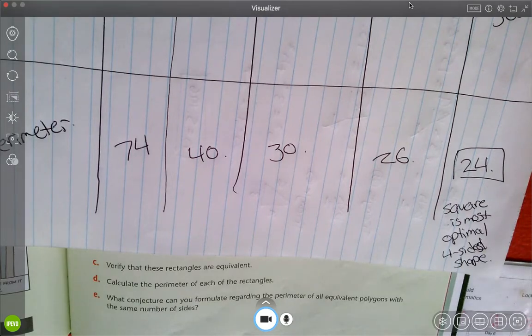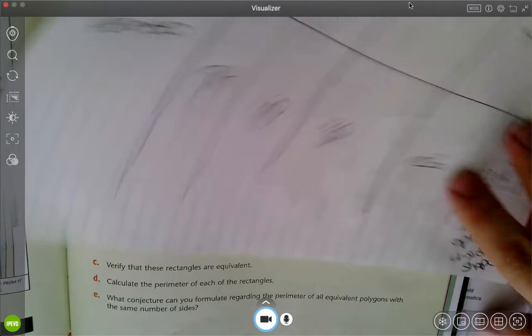So as the number of sides increases, it becomes more optimal, which means that the perimeter decreases. So that means that a regular pentagon has a smaller perimeter for the same area as this square. So if I keep increasing the shape, and we can do this quickly,